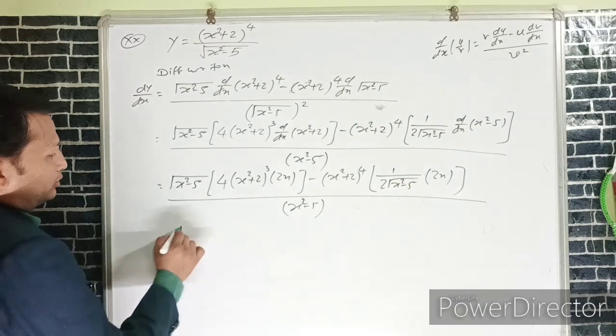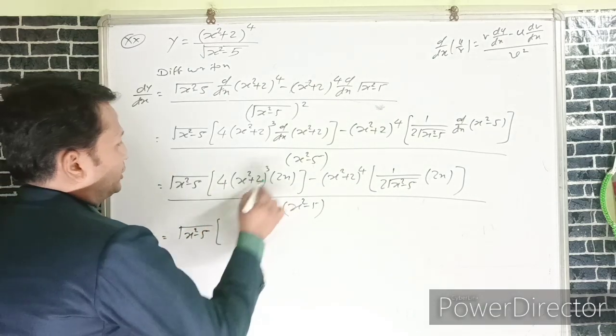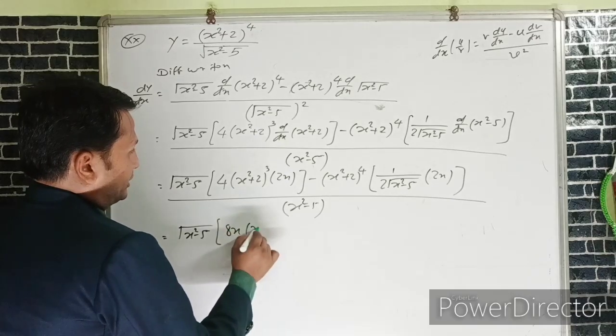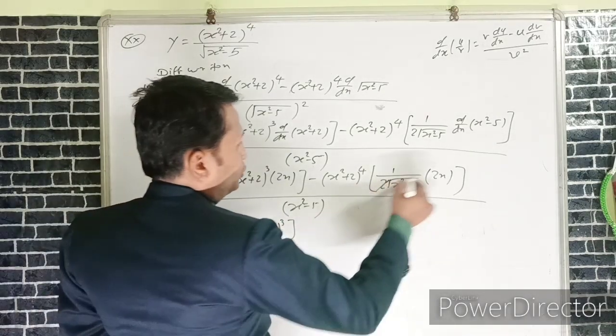Again we can write under root of x square minus 5 as it is, 4 into 2 is 8x, x square plus 2 whole bracket cube, here 2 to cancel,